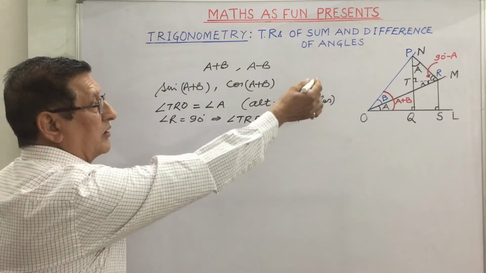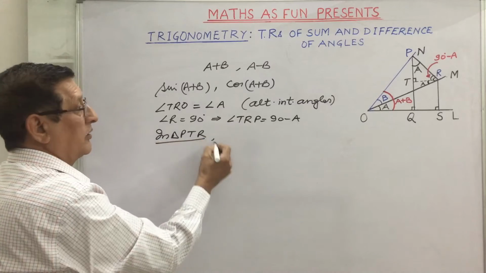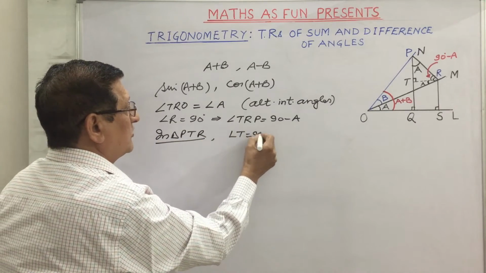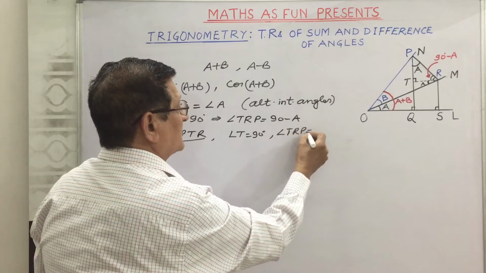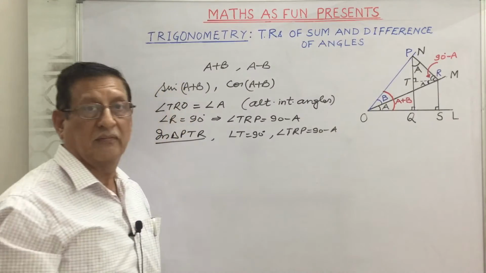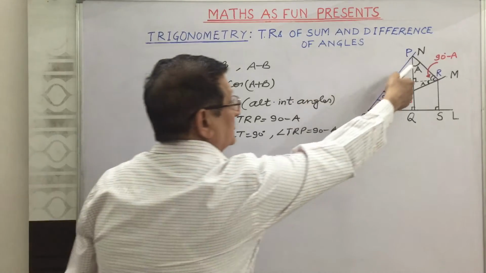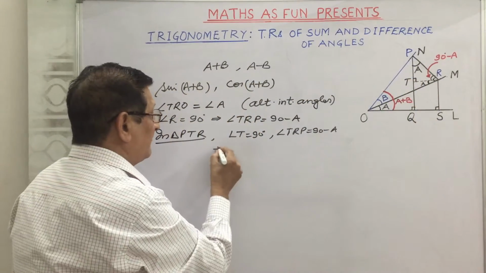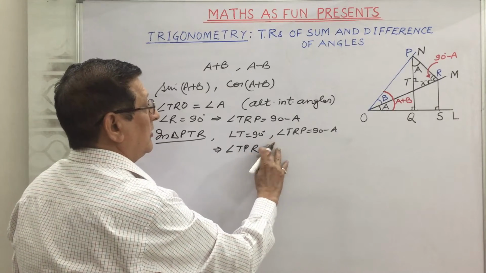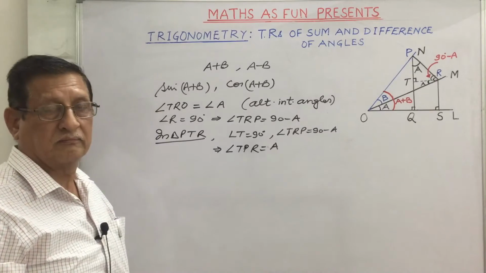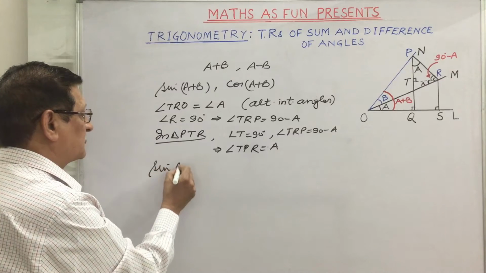And now if we go in triangle PTR, we find angle T is equal to 90 degrees. Angle TRP, we have already seen, is 90 minus A. And if we use the angle sum property of the triangle, the sum of all these three angles is 180. Certainly we will find that angle TPR is also equal to A. And now, to find out the value of sine A plus B,